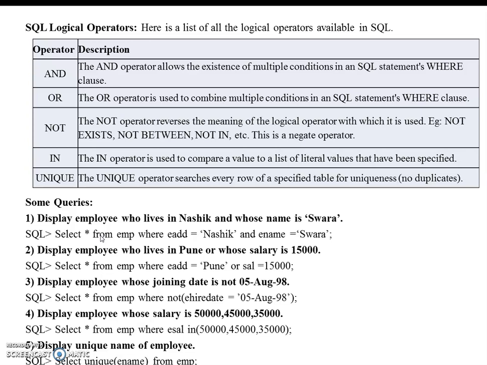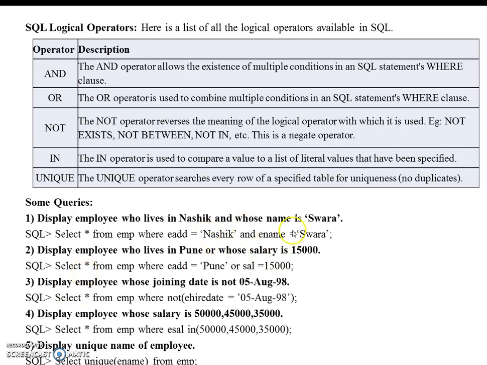Let us have one query of OR. Display the employee who lives in Pune or whose salary is 15,000. We are going to search for an employee who either lives in Pune or whose salary is 15,000. So two conditions are there, and if any one of them matches, then the result will get displayed.